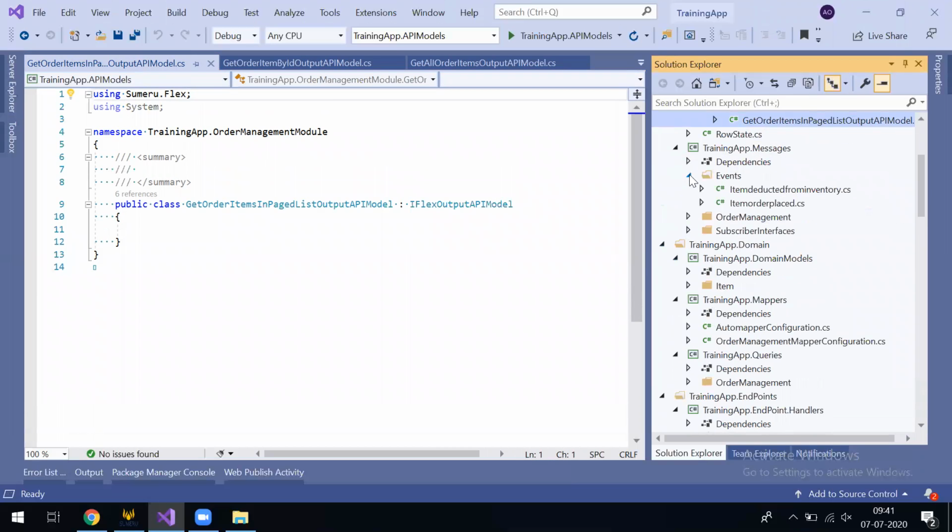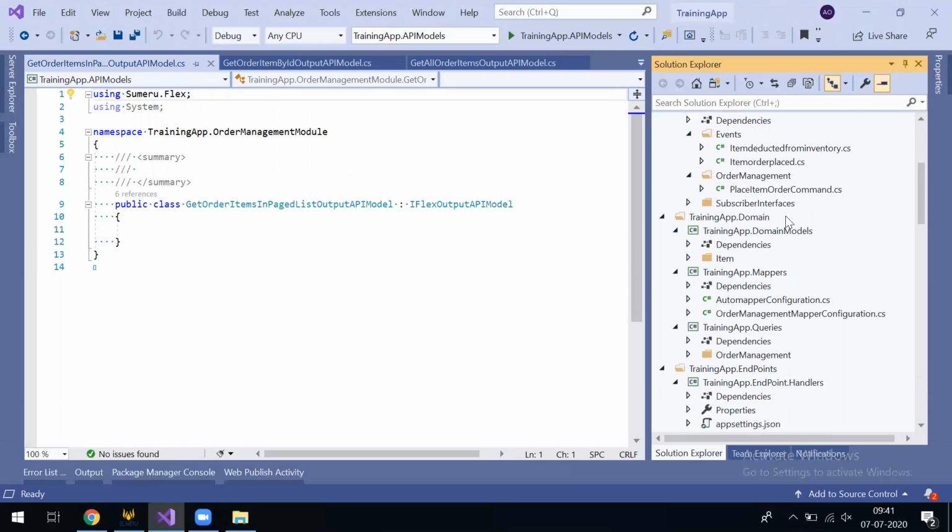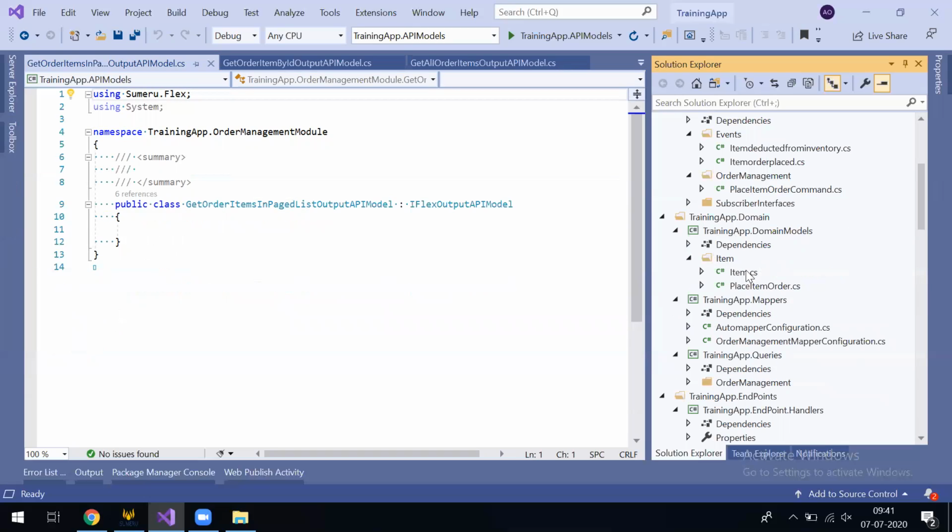Similarly, some events we had given: item deducted for inventory, item order placed, place item order command. So all these events are over here. Then the domain entity is under the domain models. If you see, this is the item which we created.